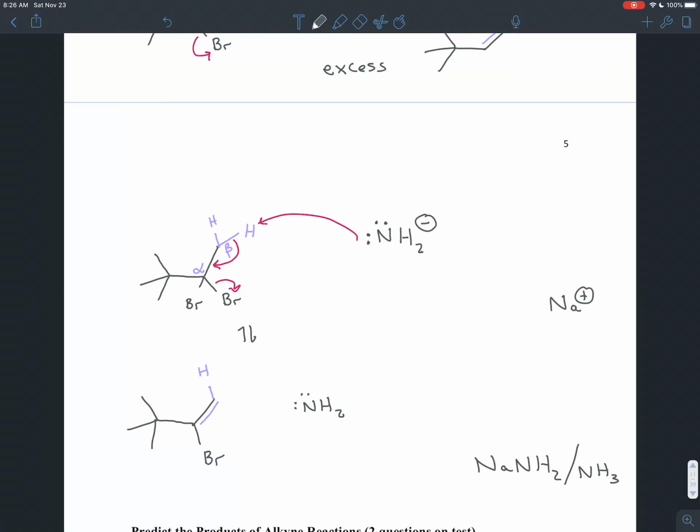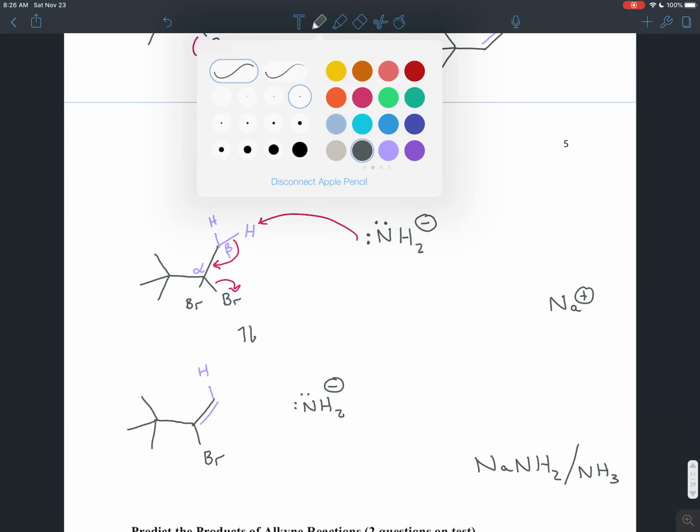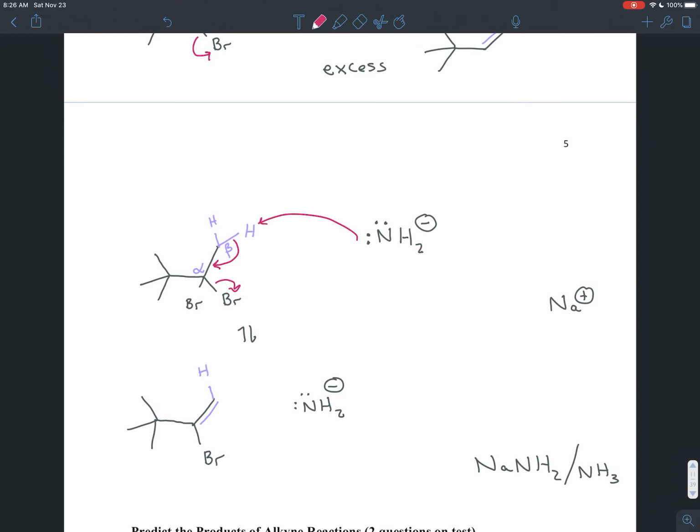Another equivalent can come in, and it can steal a second hydrogen and do another elimination reaction. Those electrons go toward the leaving group and kick the leaving group off. So what we have after that